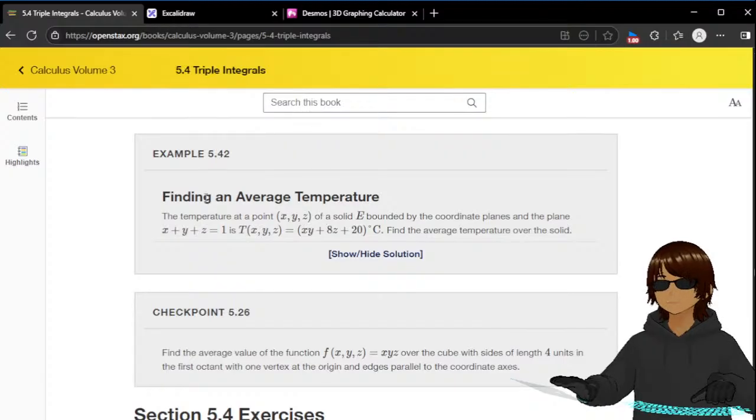Finding an average temperature. The temperature at a point of a solid E bounded by the coordinate planes and the plane x plus y plus z equals 1 is T equals xy plus 8z plus 20 degrees. Find the average temperature over the solid. So we have this, but it's bounded by the coordinate planes and this plane. So